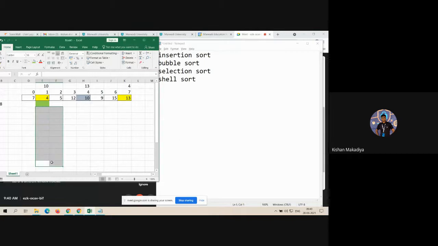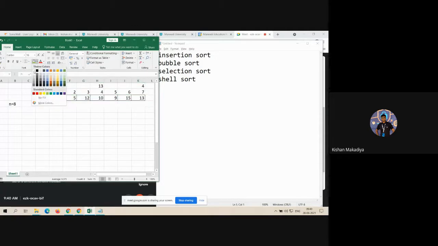What is merge sort? Again, the same example. I am just removing the color code here. Merge sort is based on divide and conquer. That means we divide the whole problem into small subparts, solve each subpart, find the solution for those portions, and then merge, combining all the results. That is merge sort, the divide and conquer method.